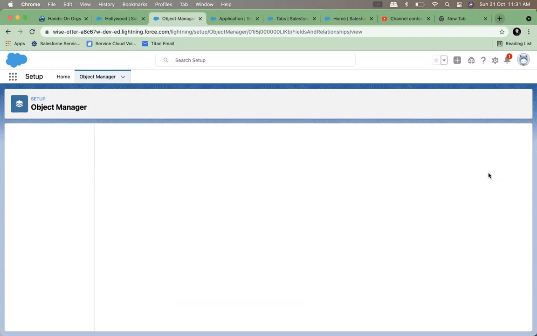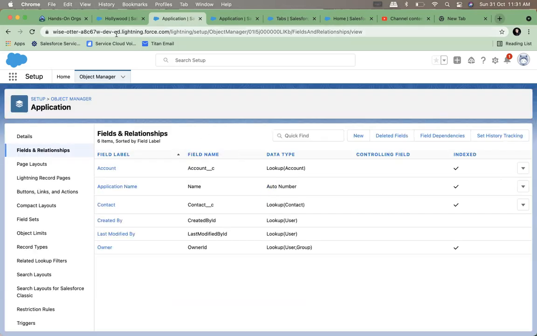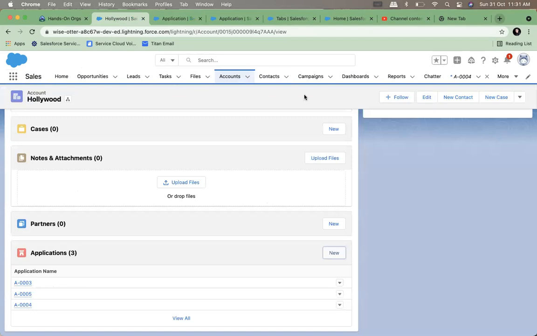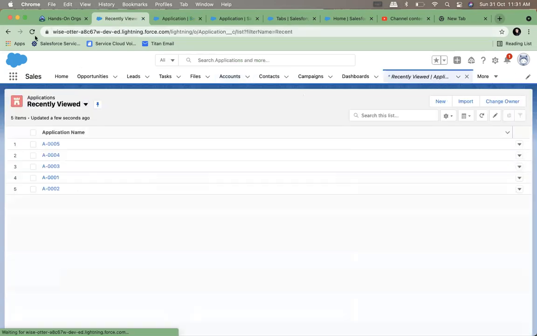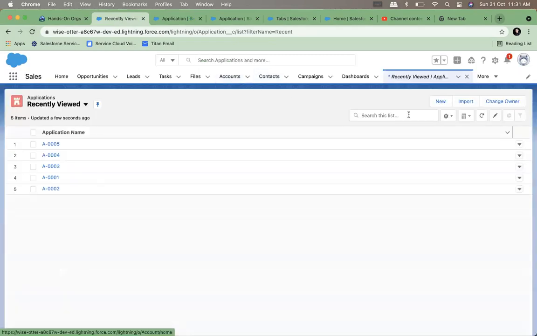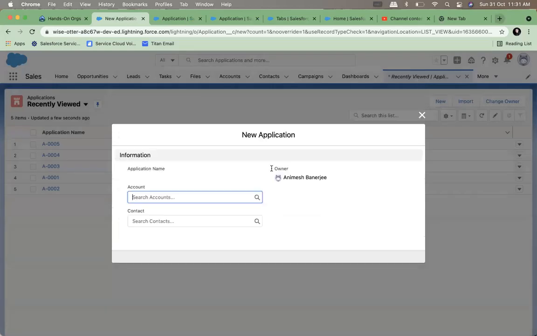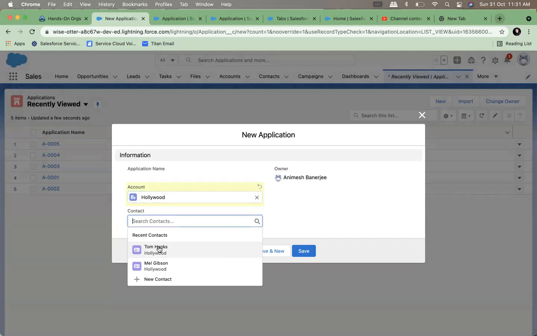So now there are 2 fields, both are the same. So I will go back to application record, refresh it. If you create a new application, you see, one is to choose the account, one is to choose the contact.